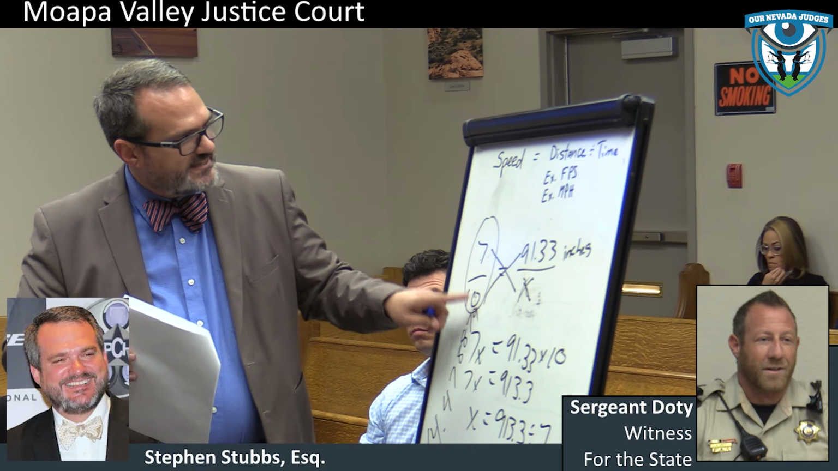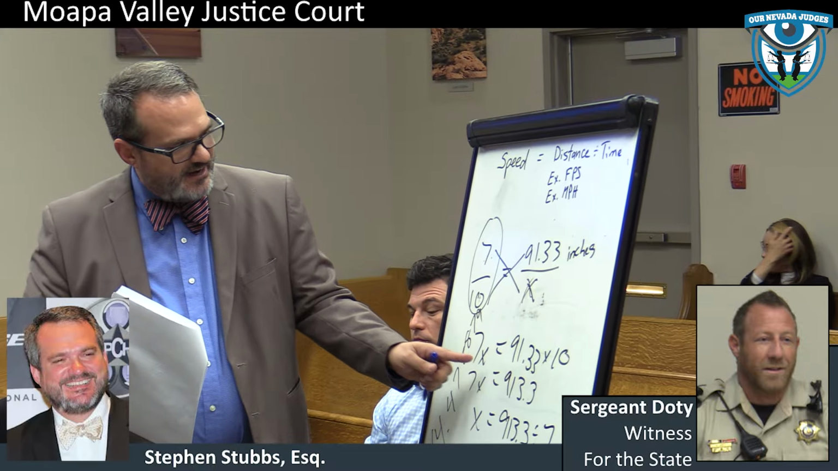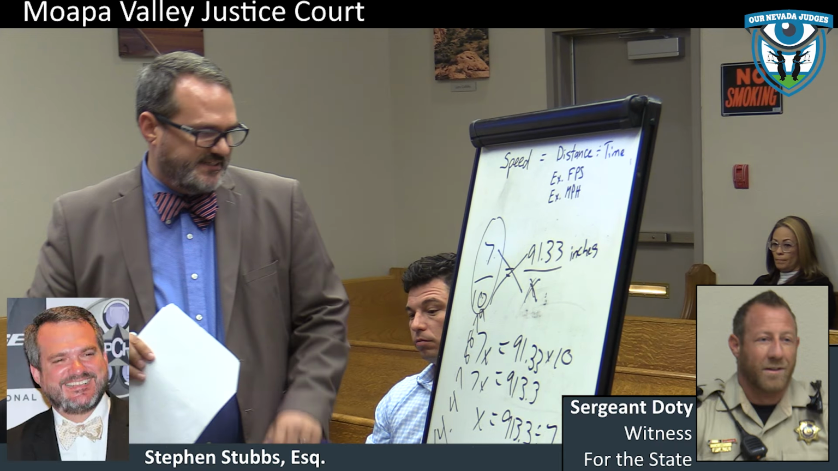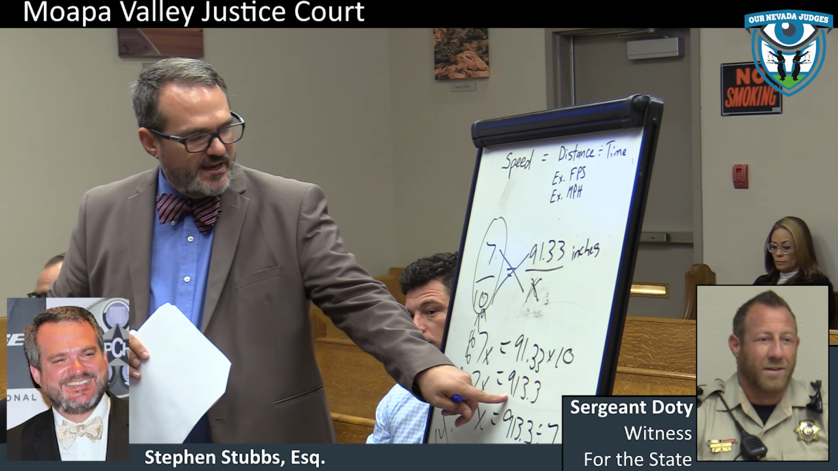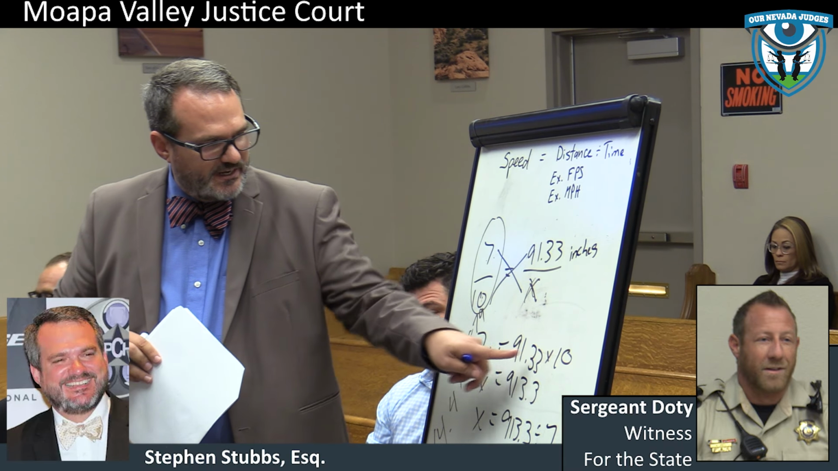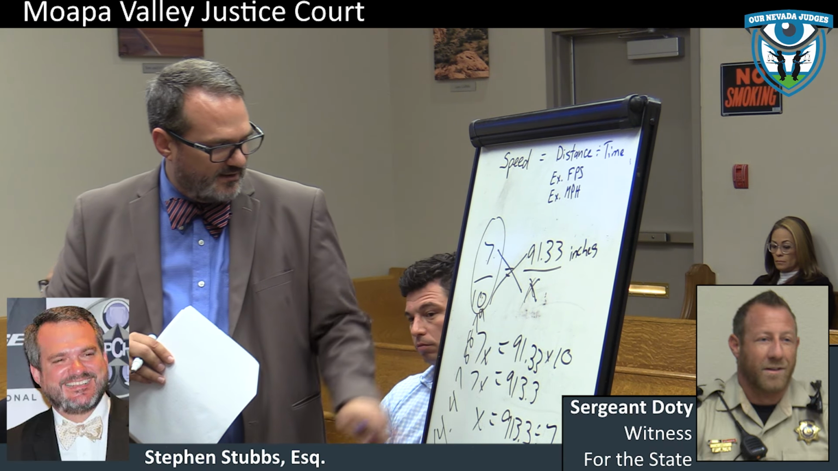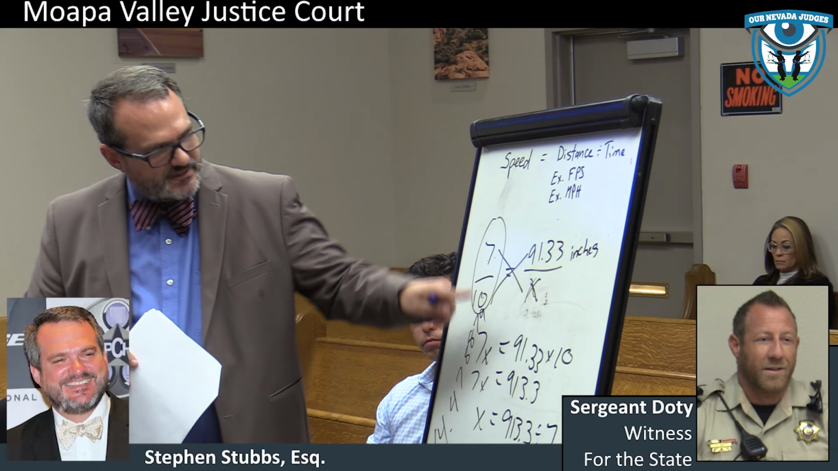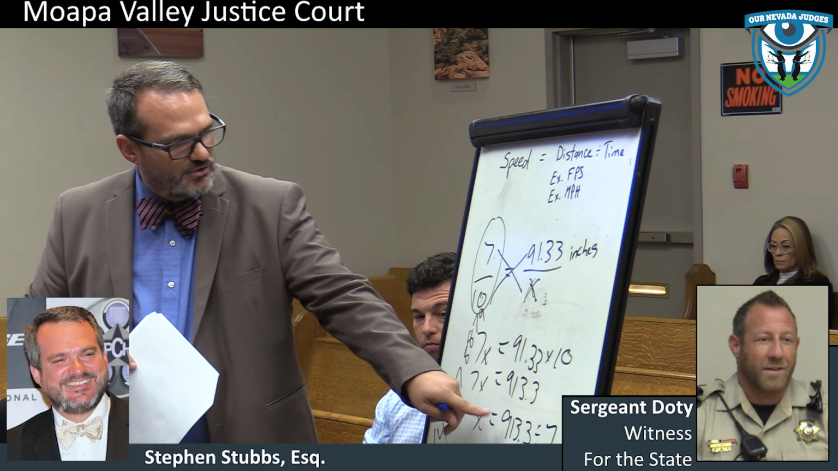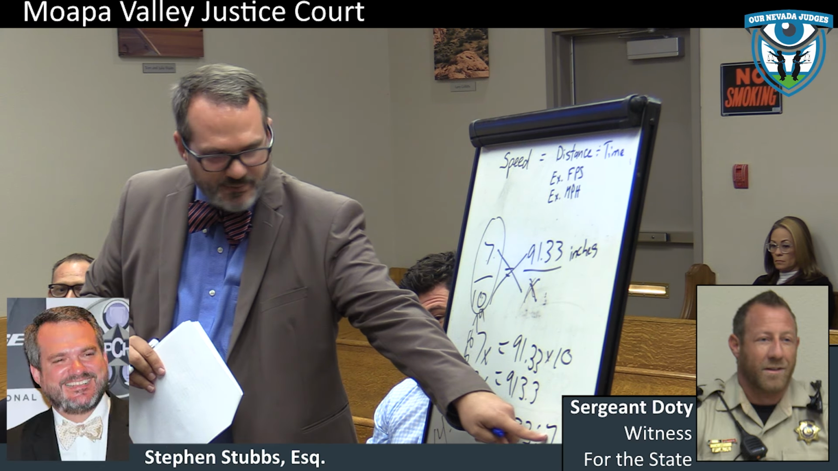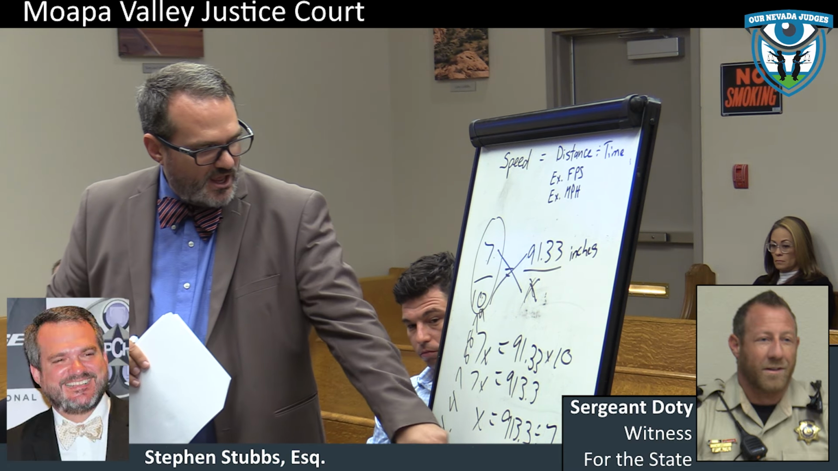7x will equal 10 times 9.13. 7x equals 91.33 times 10. Simplify. 913.3 is what equals 91.33 times 10, which equals 7x. We bring the 7 over. X equals 913.3 divided by 7. Simplify. X equals